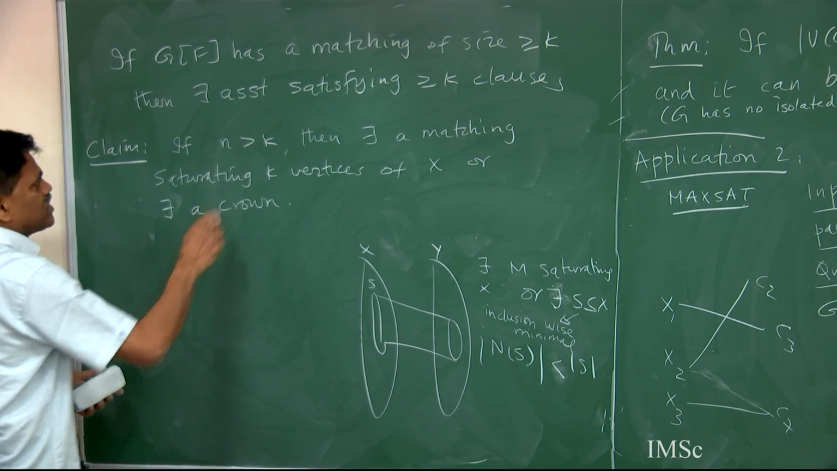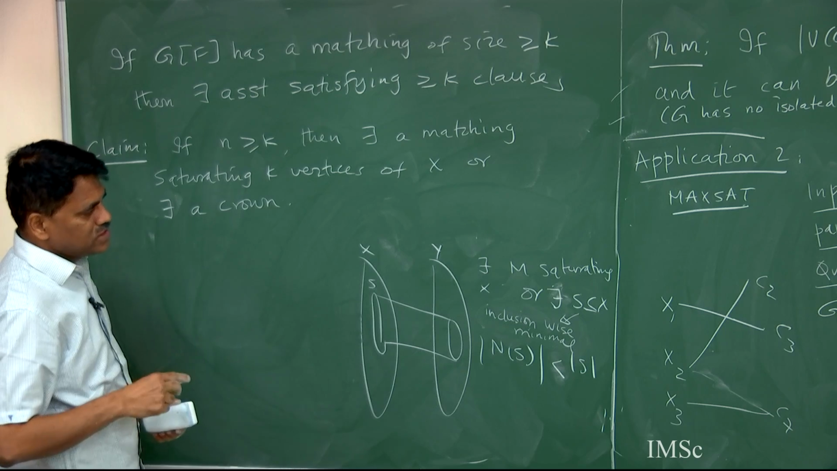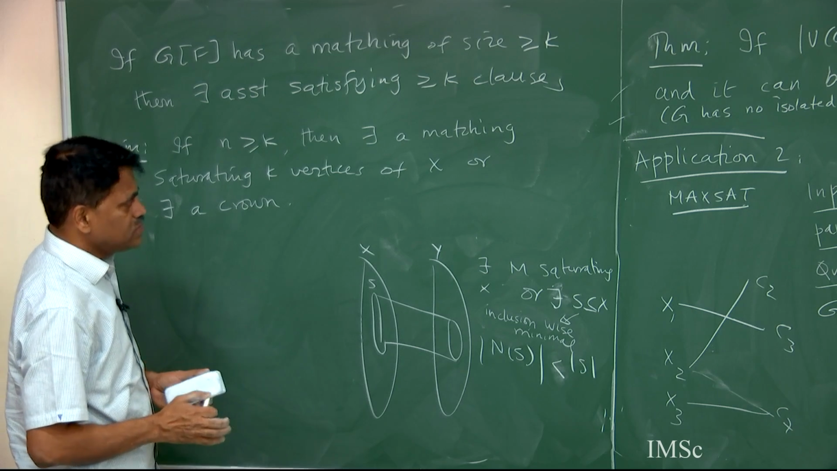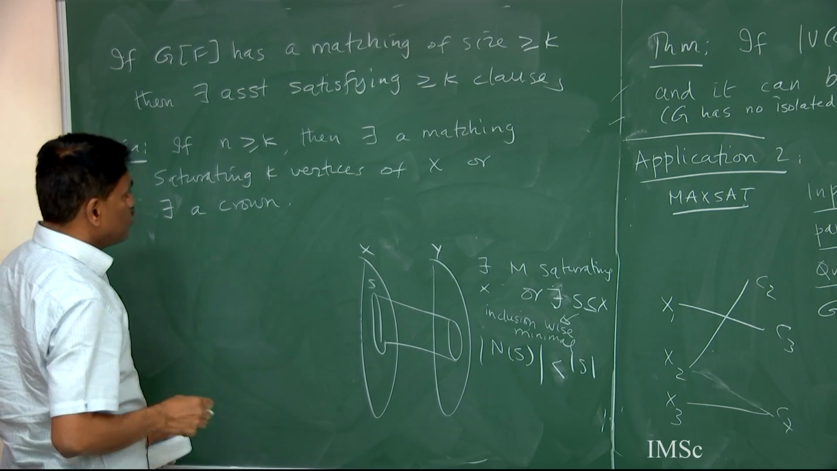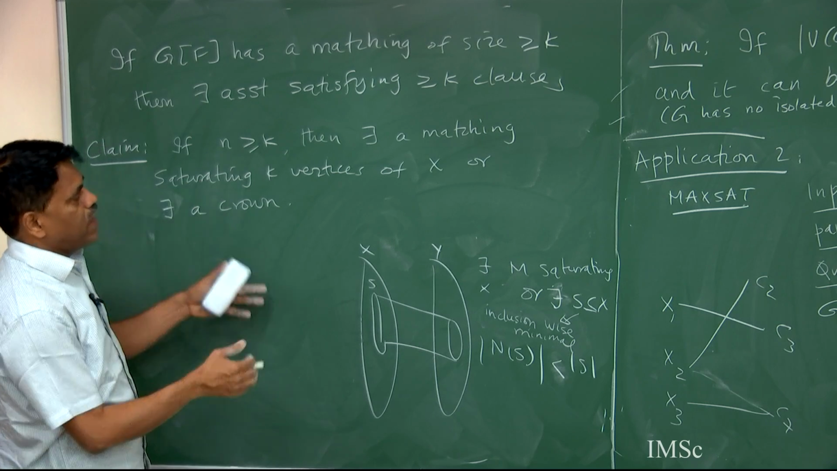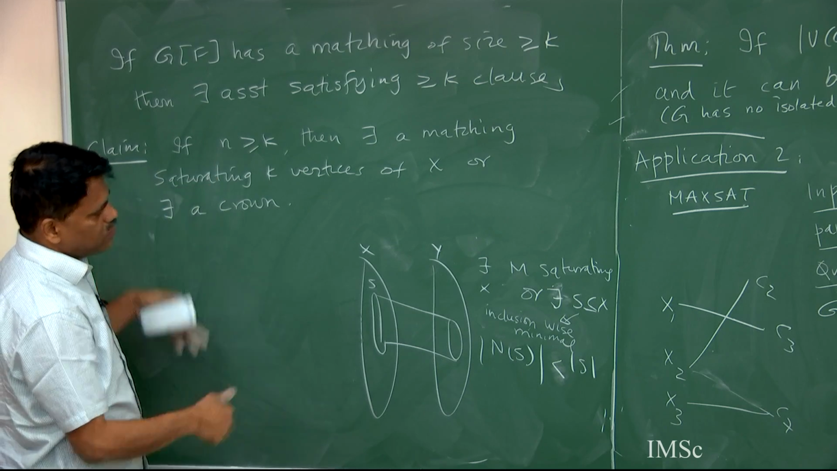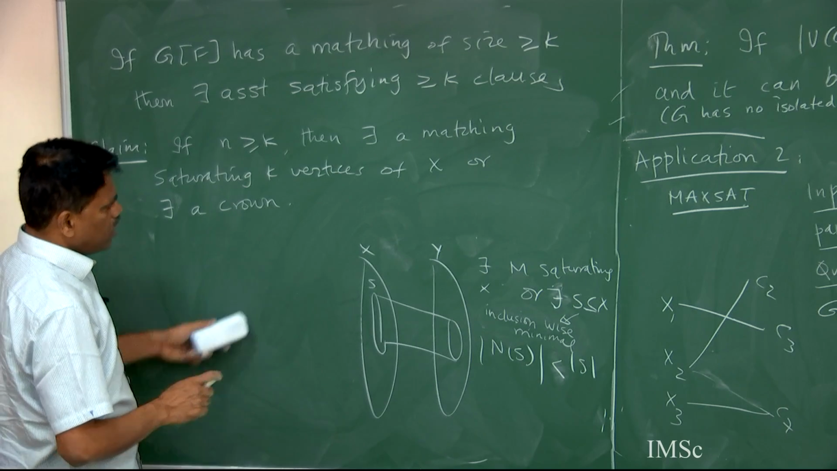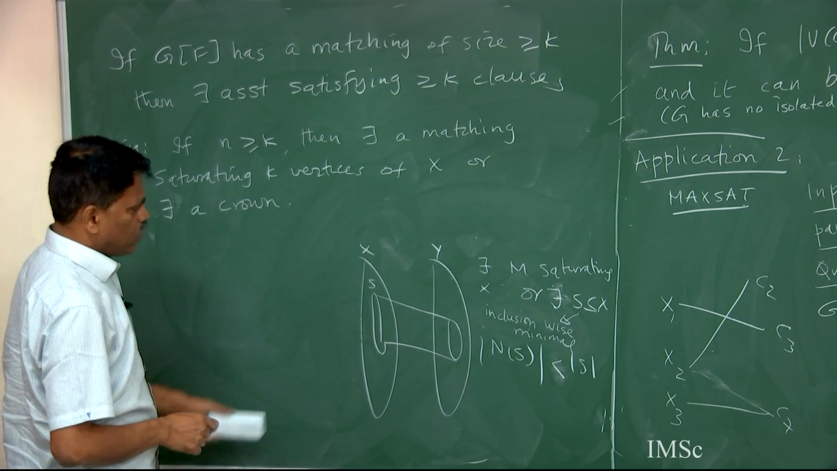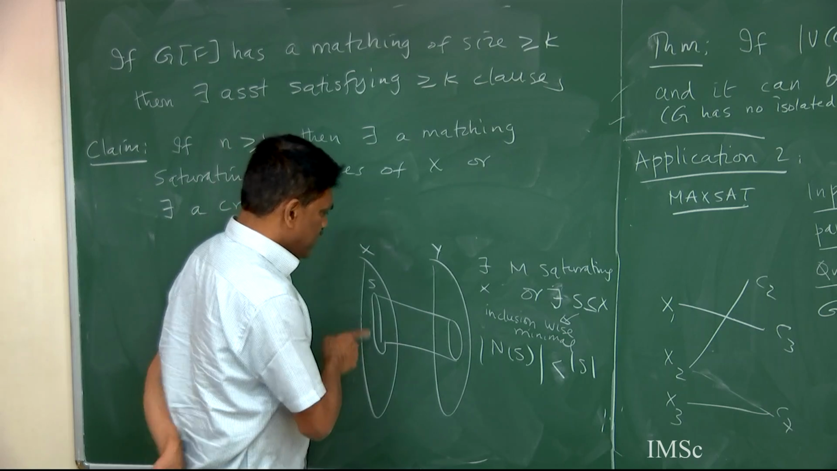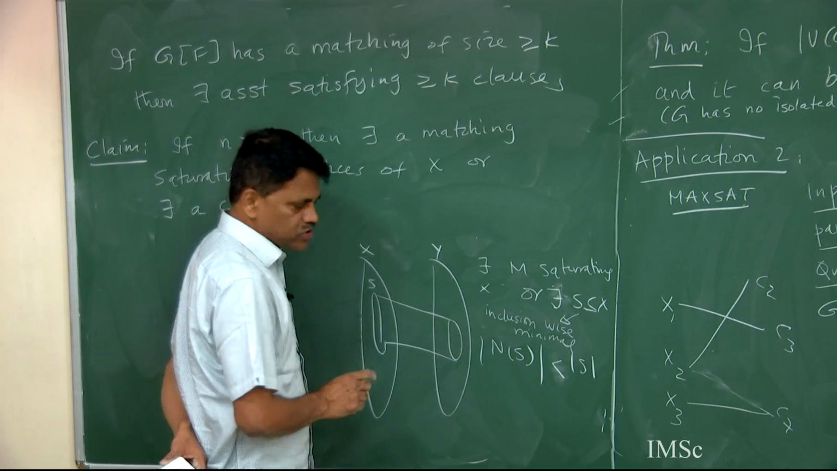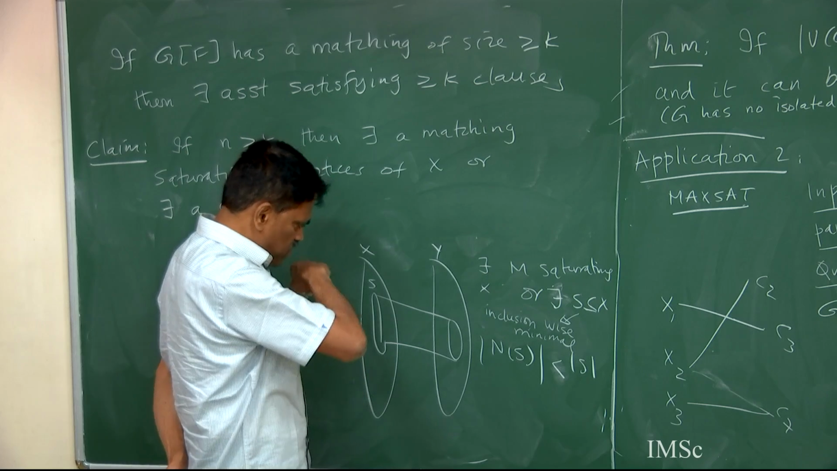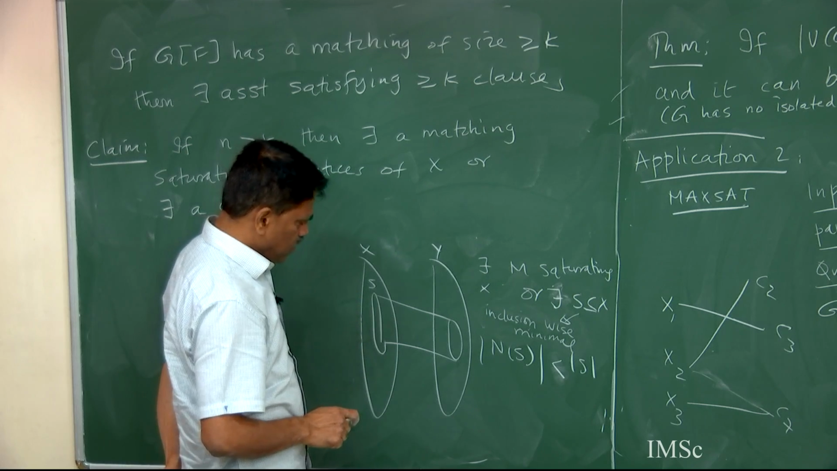Okay, maybe if n is greater than or equal to k, so is it k minus 1 variables? Maybe. If n is greater than or equal to k, either I apply Hall's theorem and get a matching that saturates k vertices, and then I am done for my MaxSat problem, or I am going to show how I am going to get a crown. So Hall's theorem will tell you there is some subset here whose neighborhood is something small, right? So my crown